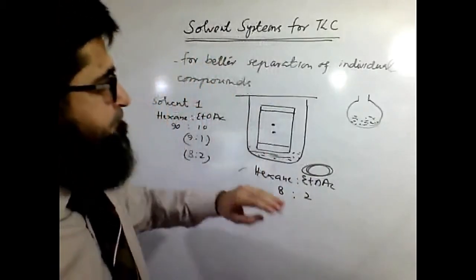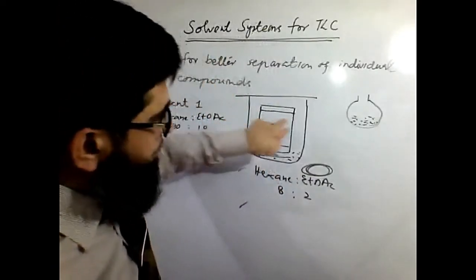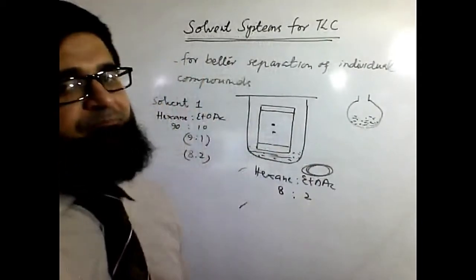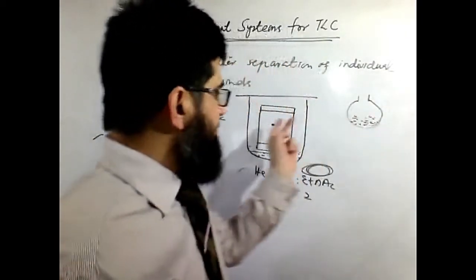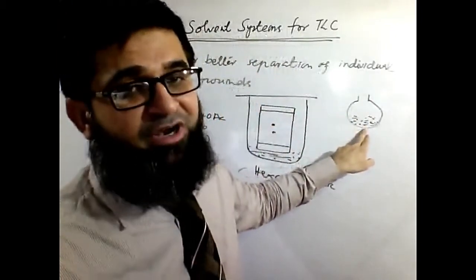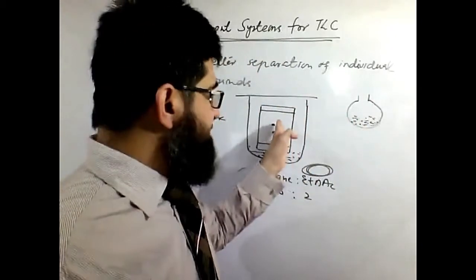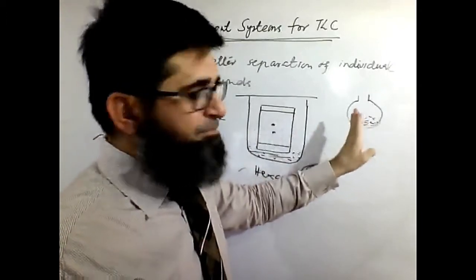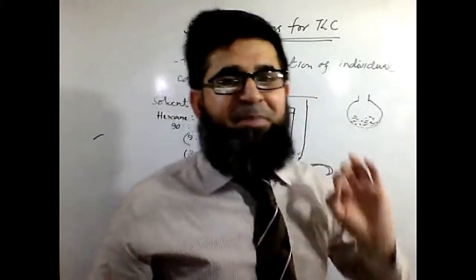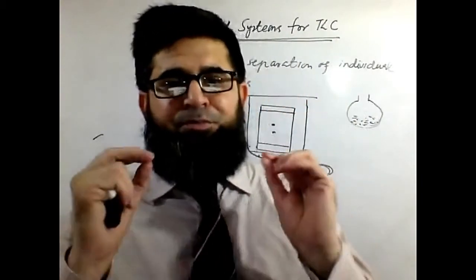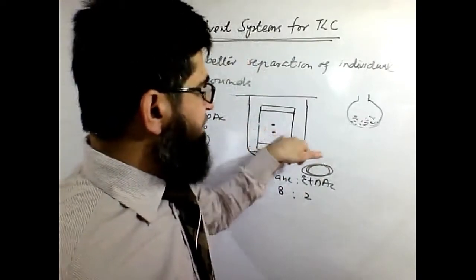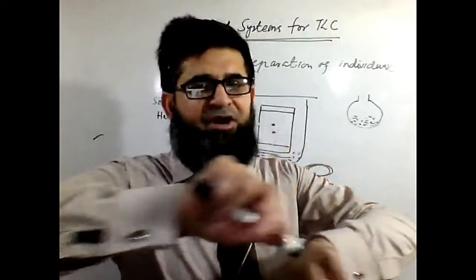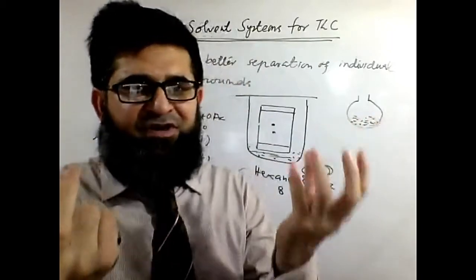I've told you these two components are present in the same flask. Let's say we have run the reaction. After the completion of the reaction, two components are present. How did we come to know that? From the TLC we came to know that these two are present together. One is a minor product, the other is a major product. So at the end of the day, we need to purify them. We need to get the main product and the minor product separated from each other. We want them in separate flasks, two flasks.